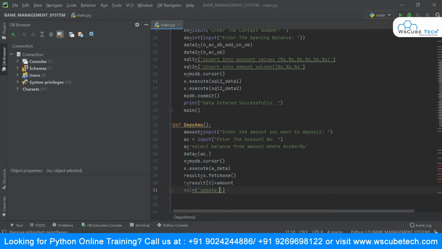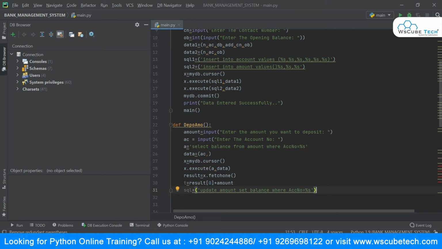So I will say update, and which table I want to update, the amount one. So I will say update amount, set balance where the account number is equal to %s. Okay, so this is how I'm going to update my record inside my amount table.